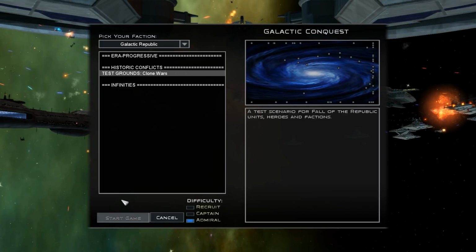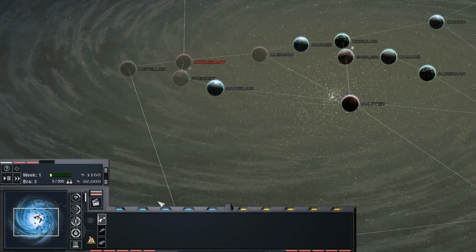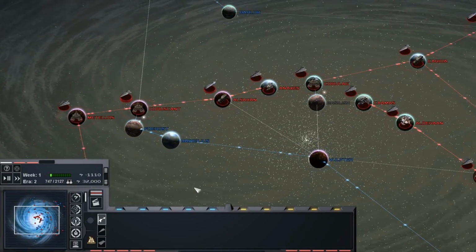So this will be the first look at what is a sort of rough early version of the galactic map. It's a bit...